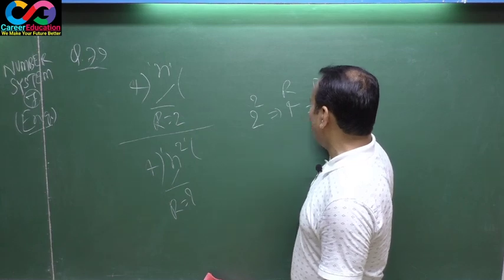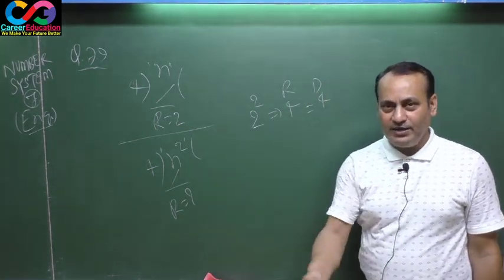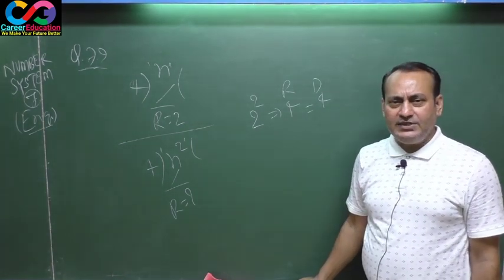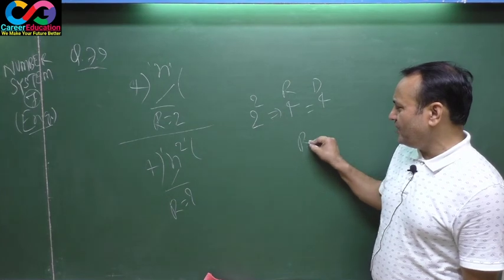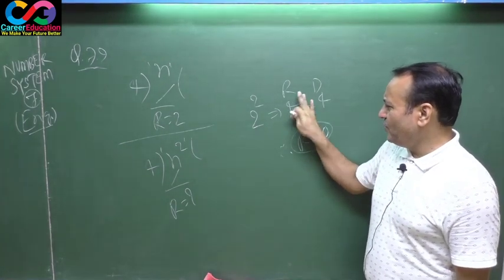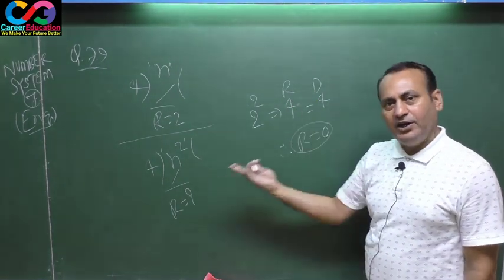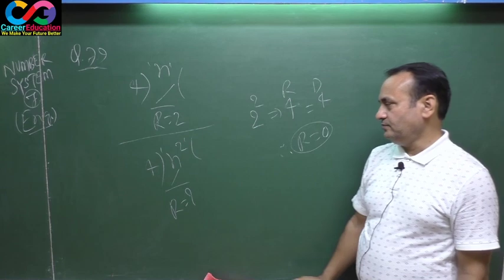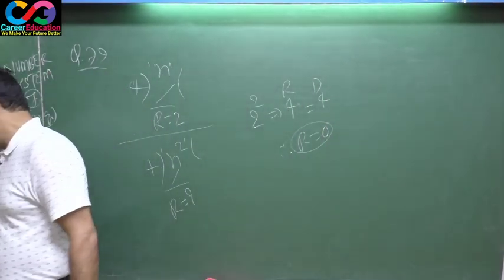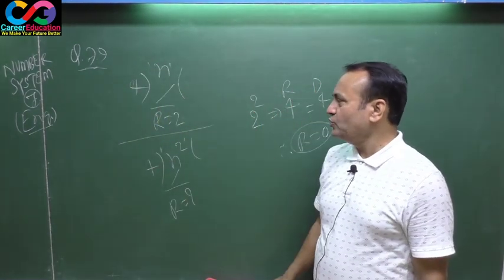But here the divisor is also the same. As I already told you some seconds ago, if the remainder is just equal to the divisor, the final answer will be 0. That's why the final answer is 0. Since this 4 will be divided by this 4, the remainder will be 0. Note down. You may take an example having n equal to 1, 2, 3, anything.